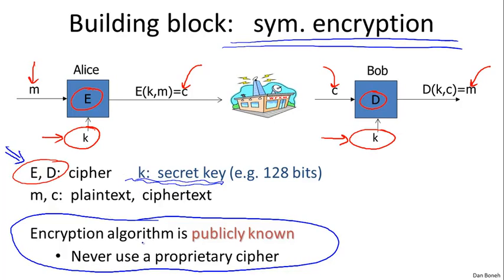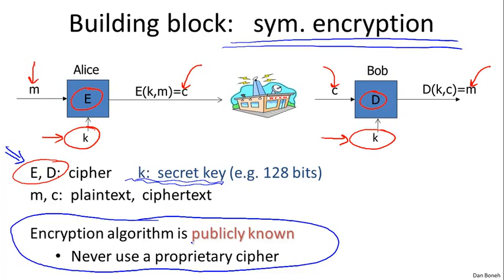And it's really important to realize that you should only use algorithms that are public, because those algorithms have been peer-reviewed by a very large community of hundreds of people for many, many years, and these algorithms only begin to be used once this community has shown that they cannot be broken, essentially. So in fact, if someone comes to you and says, hey, I have a proprietary cipher that you might want to use, the answer usually should be that you stick to standards, to standard algorithms, and not use a proprietary cipher.